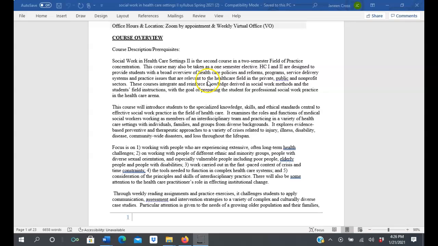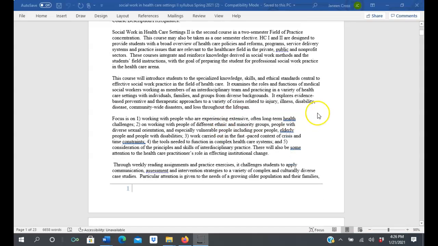There's the course overview here, which is Social Work and Healthcare 2 is the second course in a 2-semester field of practice concentration. This course is taken as a 1-semester elective. The course will introduce students to the specialized knowledge, skills, and ethical standards central to effective social work practice in healthcare. It explores evidence-based preventative and therapeutic approaches to a variety of crisis-related injury, illness, disability, disease, community-wide disasters, and loss throughout the lifespan. The focus is on working with people who are experiencing extensive, often long-term challenges, as well